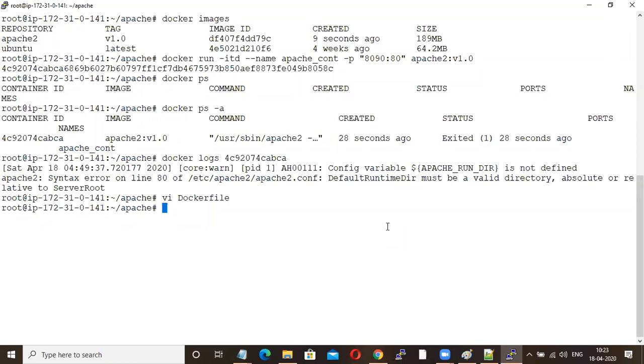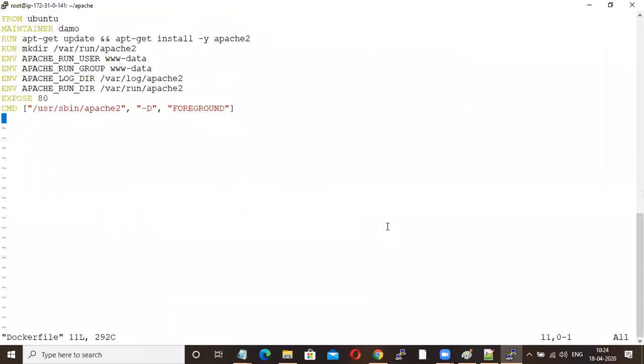That last line, can you just once explain the syntax, please? That last line you had written in that Docker file. Yeah, that CMD /usr/bin. This is the command to start your Apache. I'm just saying, see, you can write any command you want.